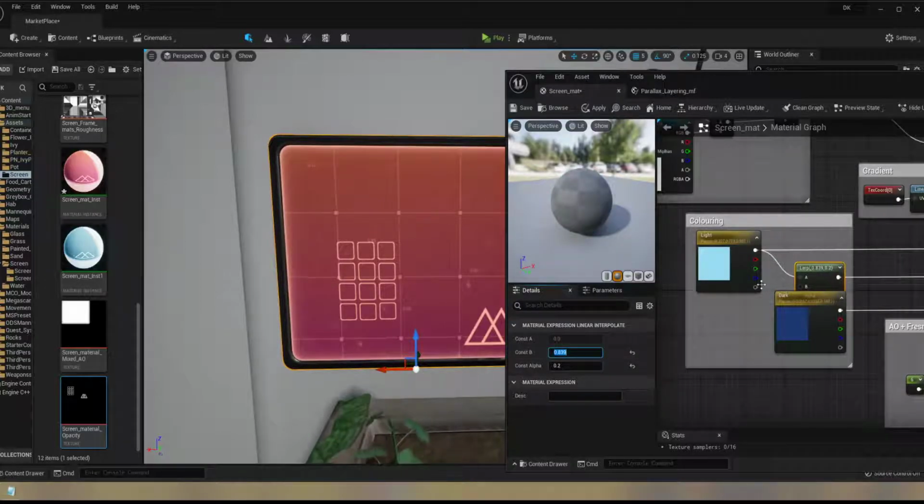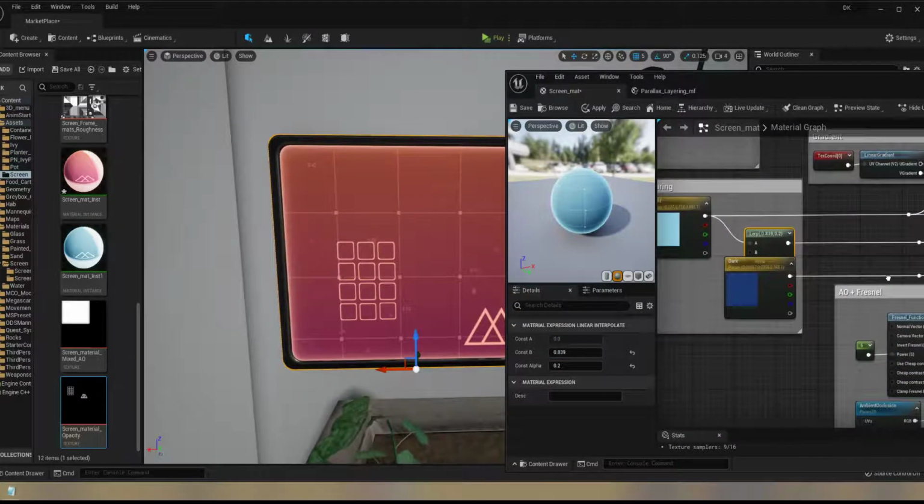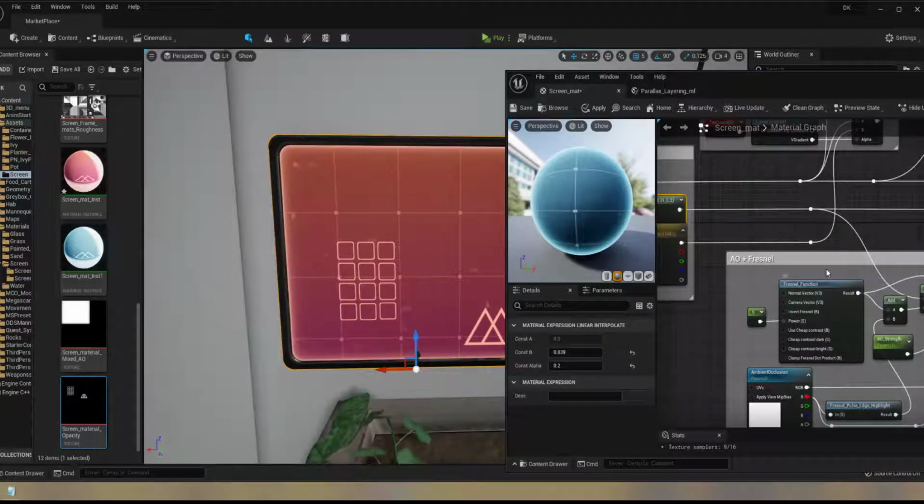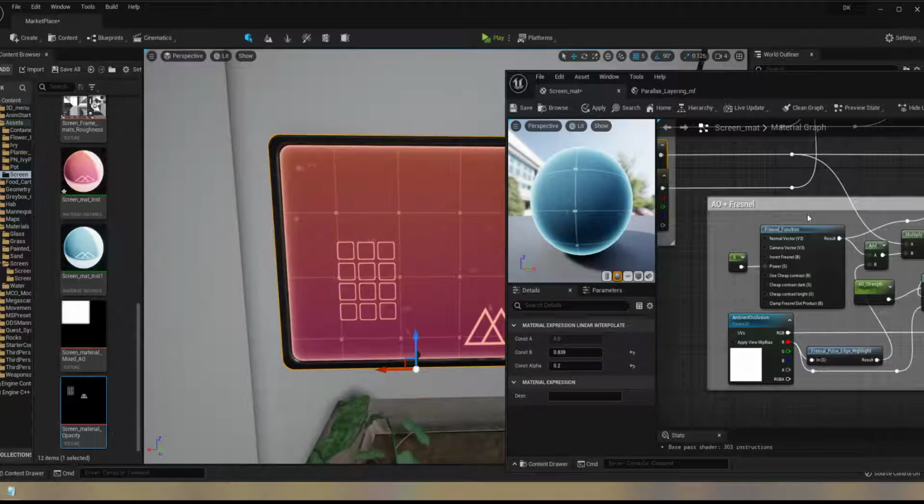But okay. There we go. Much better. Now the point of that is, if you have a curved screen, it will still be lit up on the edges, and it'll still give us this AO effect if it's curved,